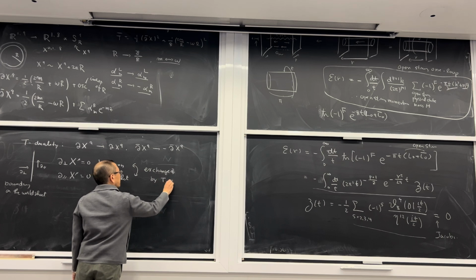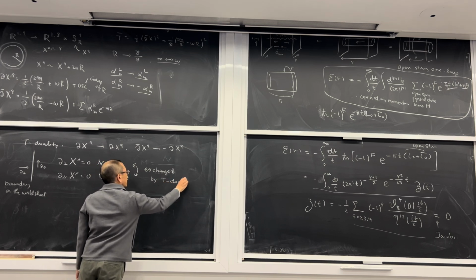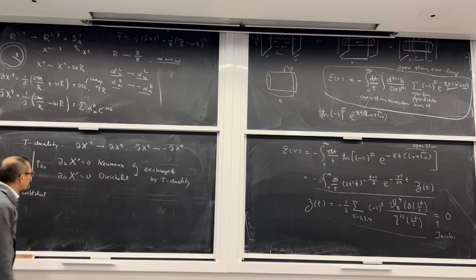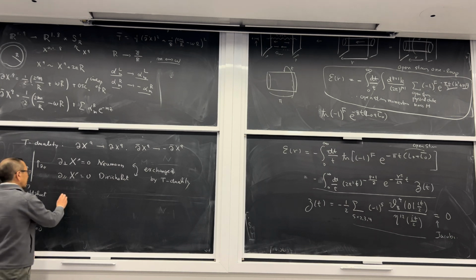By T-duality. Because if you choose, for example, the coordinate so that this is the boundary. Suppose I choose a parameterization just like we did here, that the boundary is the real axis, and then the worldsheet is the positive imaginary part. Then the Neumann